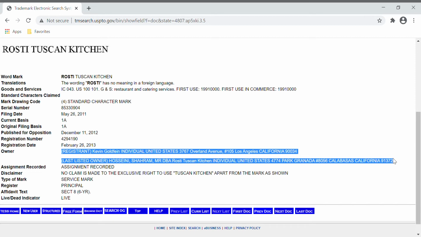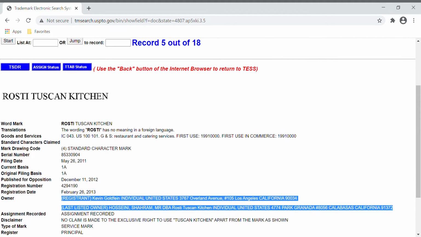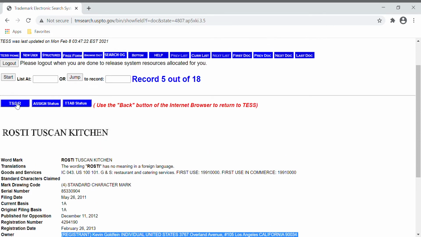This tells me that there's some progression in ownership after the original application for registration was filed. Okay, that's probably all you would be interested in on this particular screen. But notice these three blue buttons up here. There's a lot of blue buttons on this screen. You're probably not going to care about all these blue ones here, but if you want more information, you can